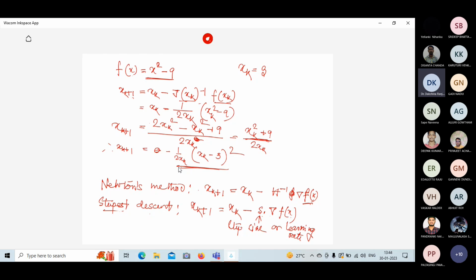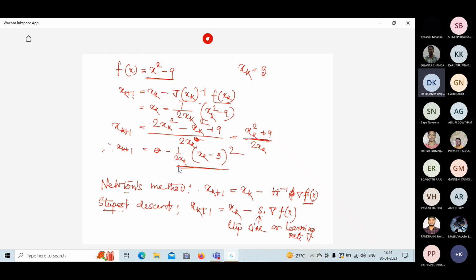But sometimes this will not give the right direction, or sometimes we don't converge. Sometimes we get stuck in the local minima. So therefore, sometimes we find that Newton's method outperforms the steepest descent. Okay, so